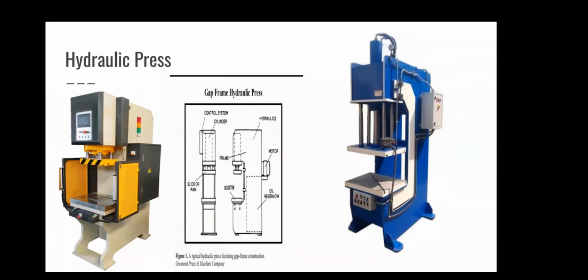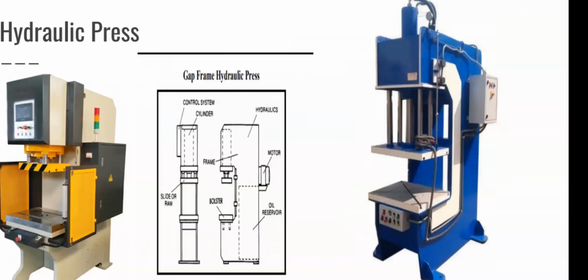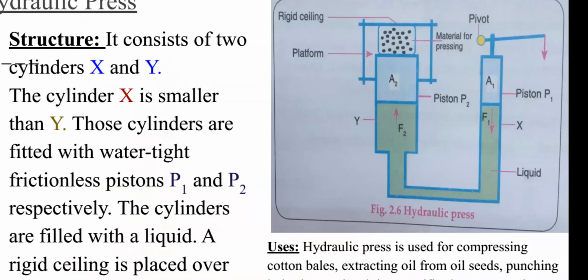Let's read the structure, working, and use of the hydraulic press. Next slide. So you can see the pictures, with some explanation of structure and uses. It is used for compressing cotton bales, extracting oil from oil seeds, even punching holes in metals. So you can make holes even in metals by the use of a hydraulic press, and give specific shape to metal sheets. That means even hard objects can be changed into the desired shape by the use of a hydraulic